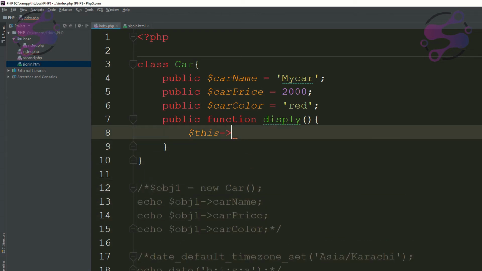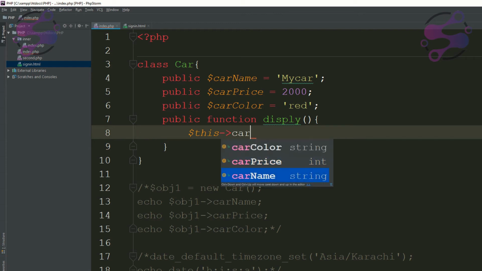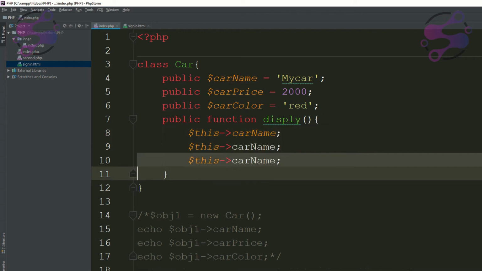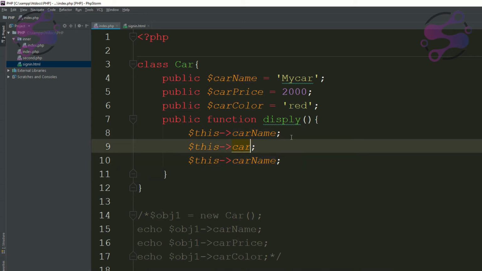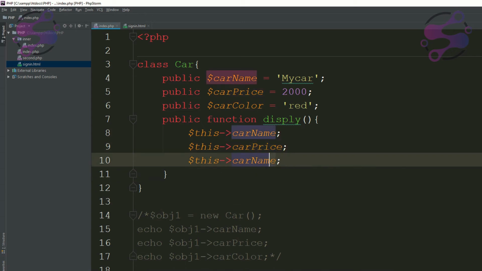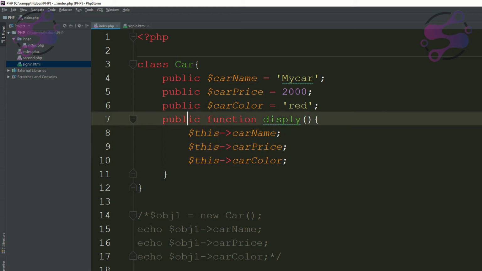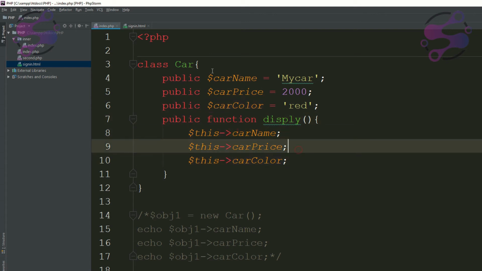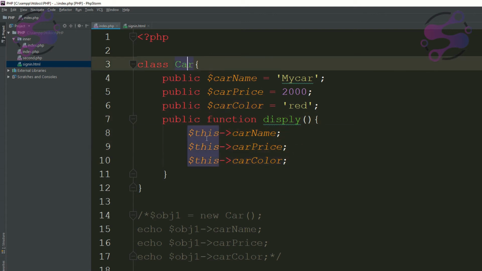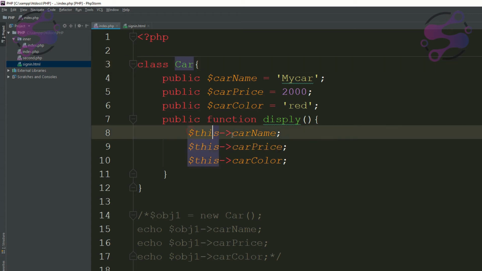Now I'm saying this, then the property name, and now paste this. I'm saying also the price name, and also the color. Why am I saying this? Because these properties are available in the same class, so that's why I'm saying this. This means current. I'm using the dash greater than sign, and I'm accessing the same properties which are available